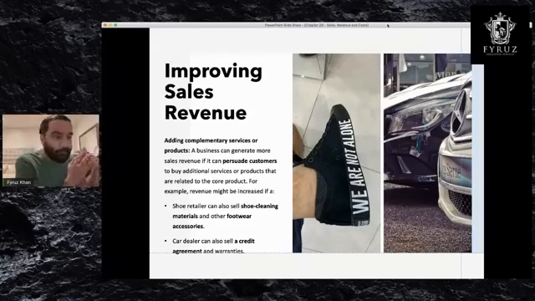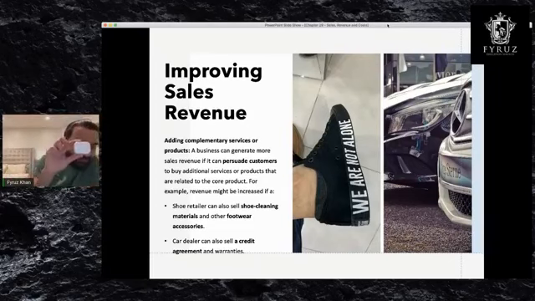Yes, you can sell your main product. Let's say you're selling a phone. Okay, you're selling a phone, fine, that's your main product. But with that phone, you can sell a headphone, a wireless headphone. This is like a complementary service. Okay, next up,